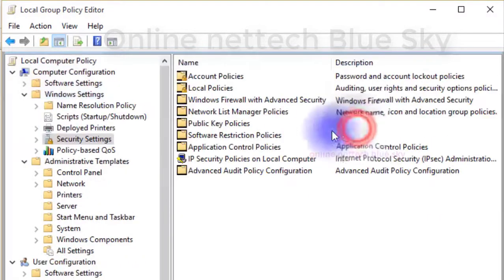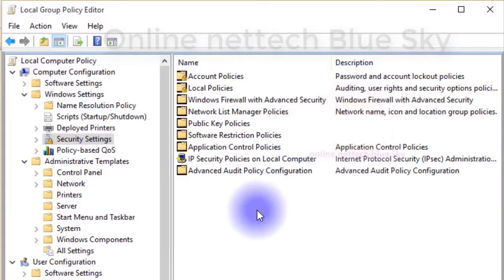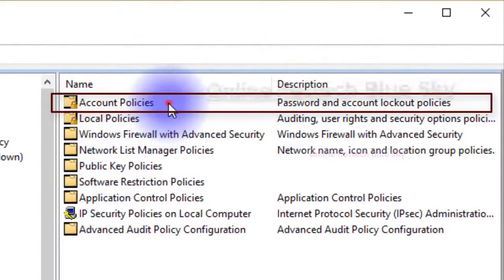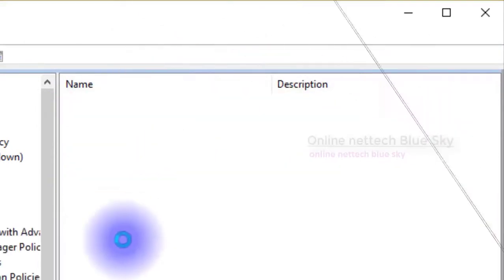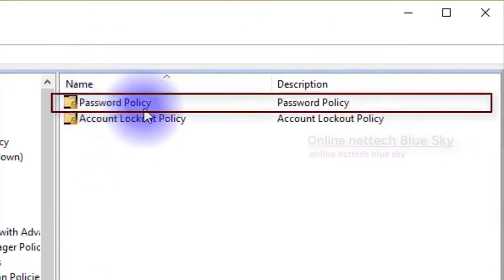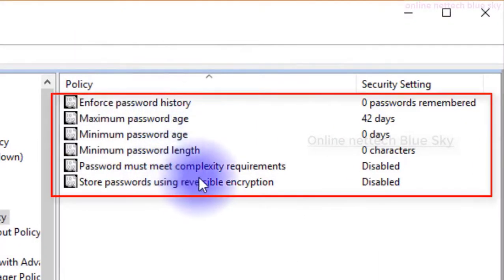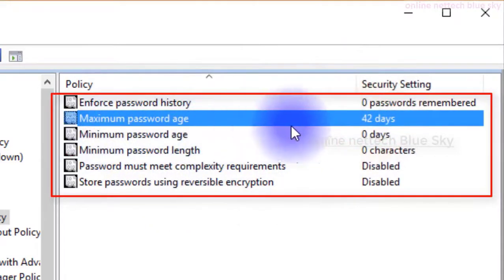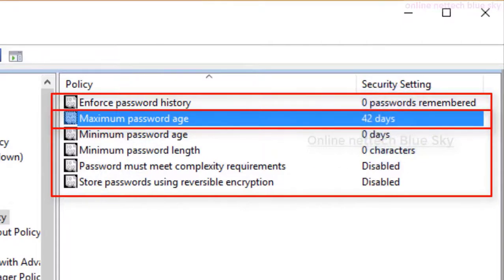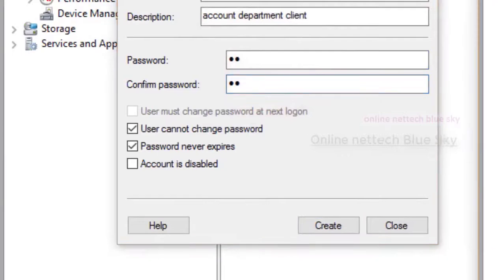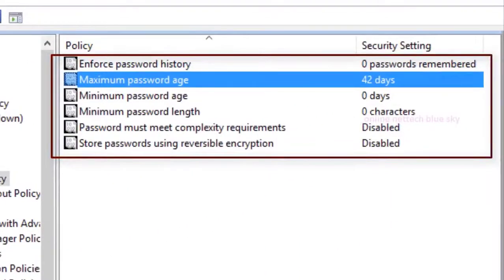Okay, so we have account policies. What is this account policy? Because we create accounts, we create users. In the account policy you can see the password policy. Password policy means the policy related to passwords, and you can see 42 days. Okay, maximum password age is 42 days, and after 42 days you must change the password. Okay, so with this option, the user's password is changed automatically,